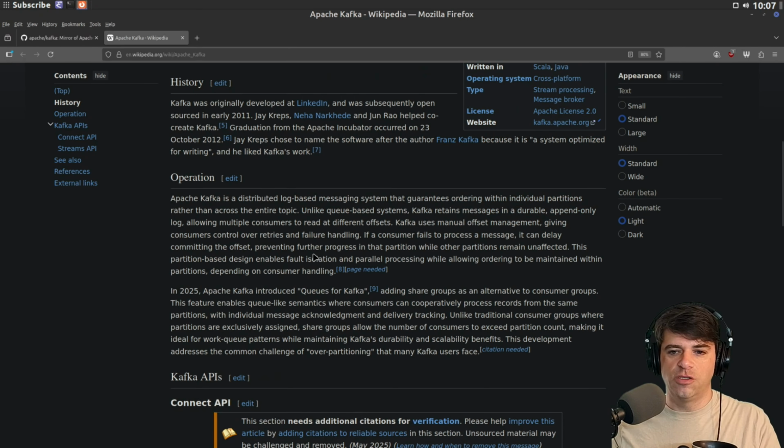Wikipedia is telling us a little bit here about the architecture. It is a distributed log-based messaging system that guarantees ordering. The ordering is guaranteed within individual partitions rather than across the entire topic. I'm not sure how to think about that. I'm not sure what the relationship between partitions and topic is. I guess maybe partitions might be more like the machines, and a topic can be spread over multiple partitions, but